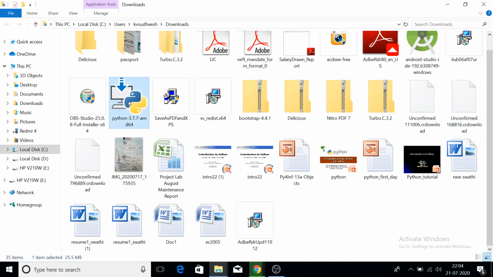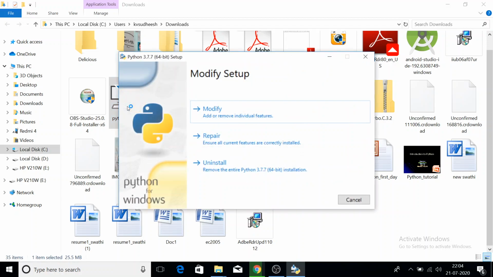Okay, this is your downloaded Python 3.7.7 interpreter. Okay, that you have to install. For that, just double click on this. Okay, actually this system contains Python 3.7.7.